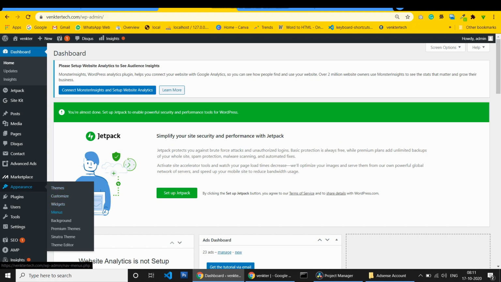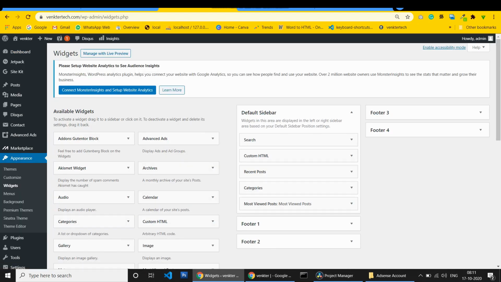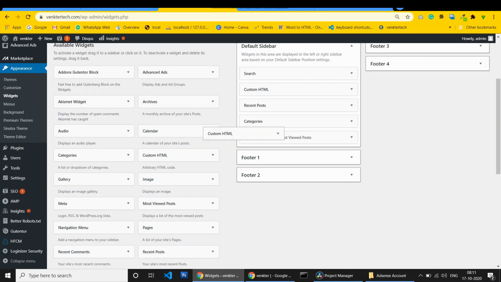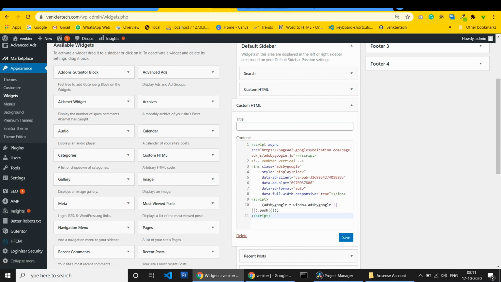Okay, I will go to appearance and widgets. I'm dragging the custom HTML, and I paste it with Ctrl plus V. I pasted it and saved.